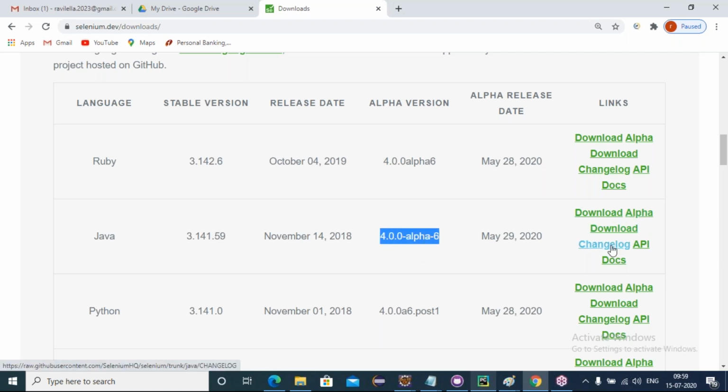Okay, now the change logs and API. Friends, now we can see our language binding version WebDriver 3, that is 3.141.59. Below that, there are many old versions of the Java language binding. If you want to see what changed from version to version, just click on change log.